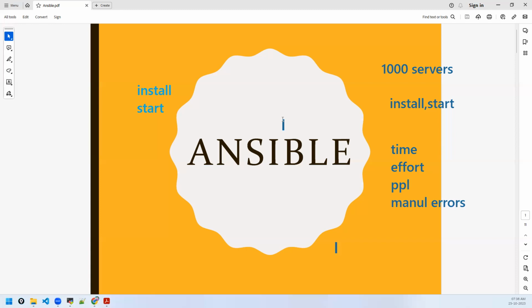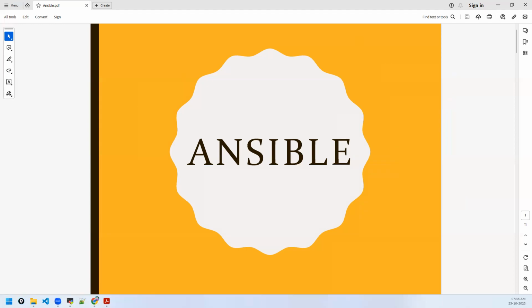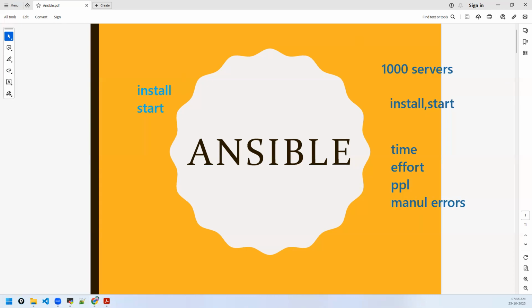Let's suppose your application is containerized. Even if you want to deploy those containers, this is how it can be done, right? So all of that can be taken care of by Ansible. In simple terms, configuration management means having better control on the infrastructure, like what is happening on what server at what time, and where it went wrong. Diagnosis becomes easy, and identifying what went wrong becomes easy because you have good control on the entire infrastructure. That's what a configuration management tool like Ansible does.